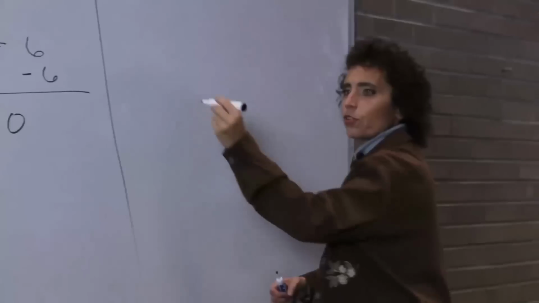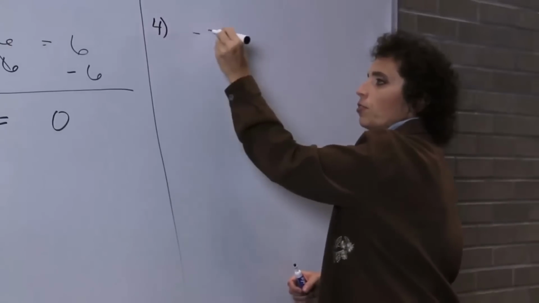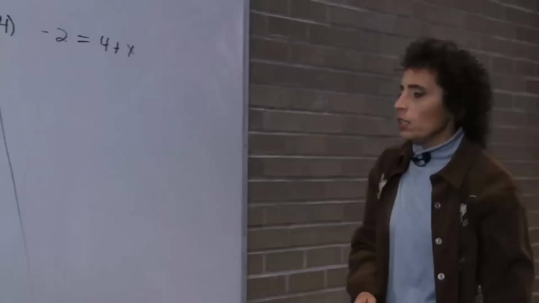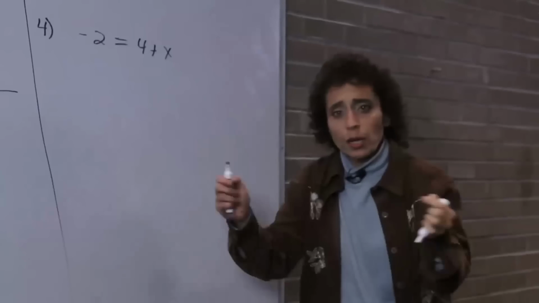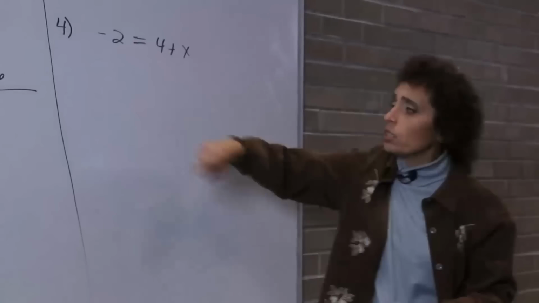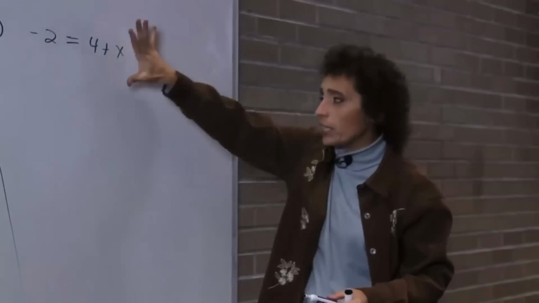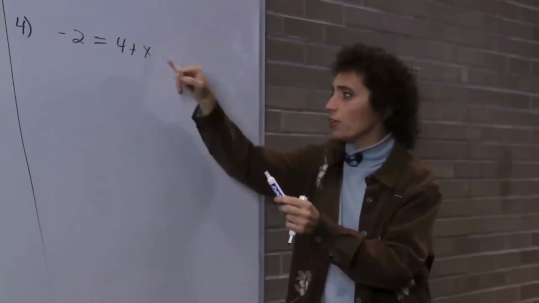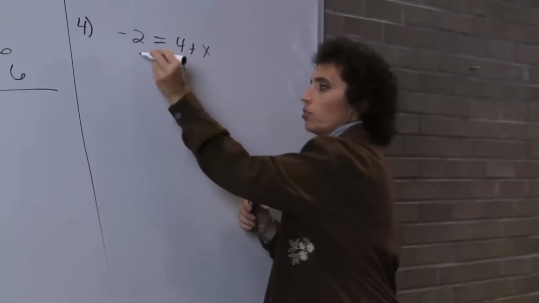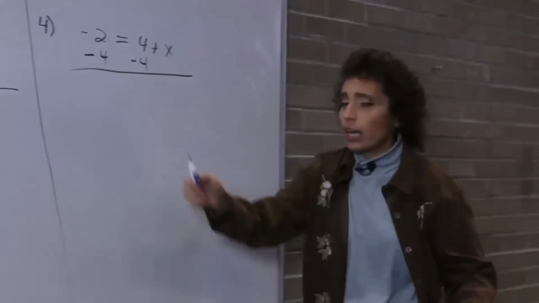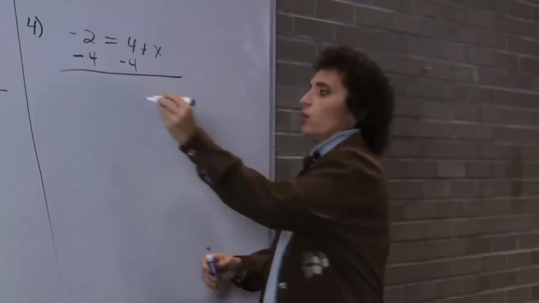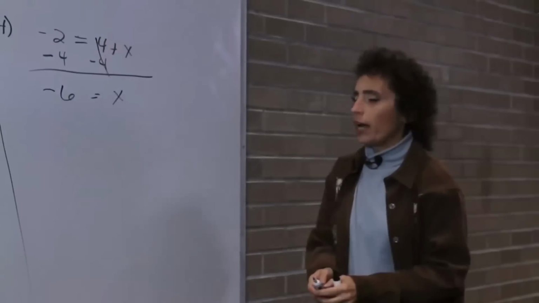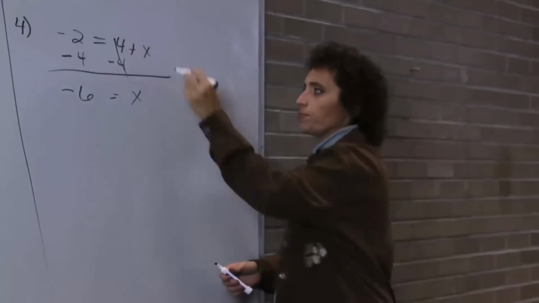Okay? Let's try number 4. Negative 2 equals 4 plus x. Okay. Again, variables on one side, numbers on the other. I'm not going to touch him. He's alone. I'm solving for x. He's the only x. All the x's are on the right, so get all your numbers to the left. He's got no friends on the other side. Poor guy. Must have just moved into town. Okay, so now I owe you 2. I owe you 4. So I owe you 6. Because they're opposites, so x is negative 6, or negative 6 equals x.